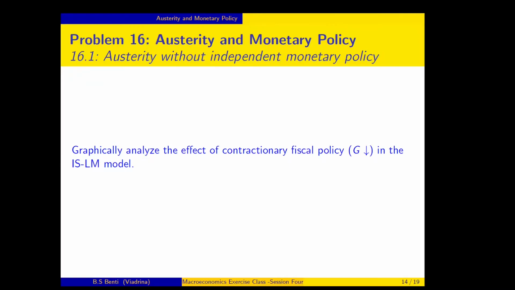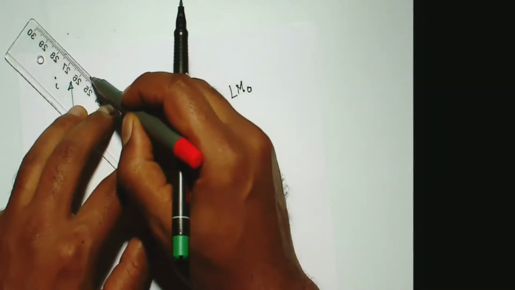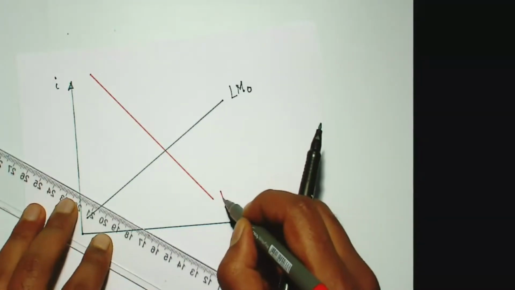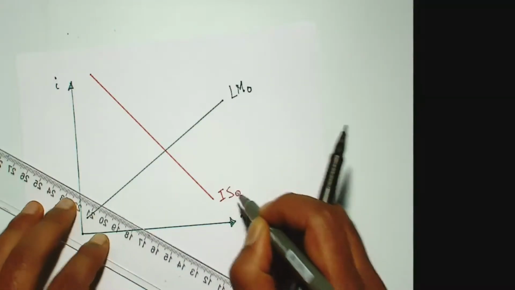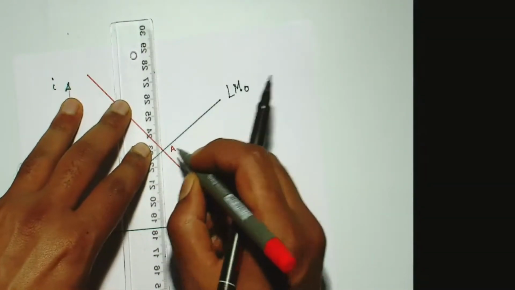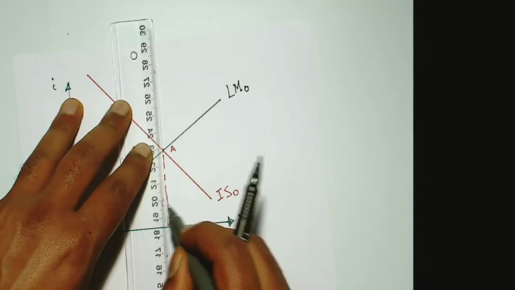In this first sub-question, we are assuming that there is no independent monetary policy. The reduction in government expenditure should be reflected on the IS curve. So our first IS would be IS0,